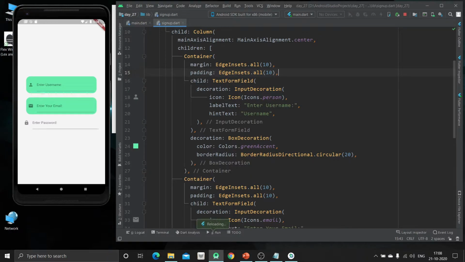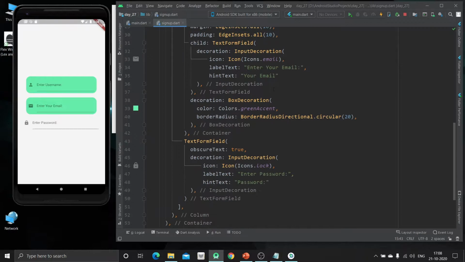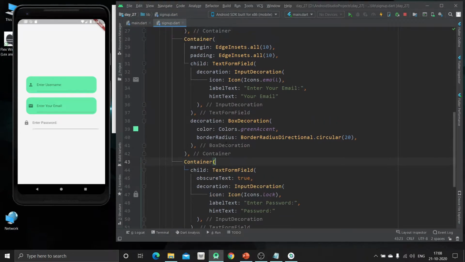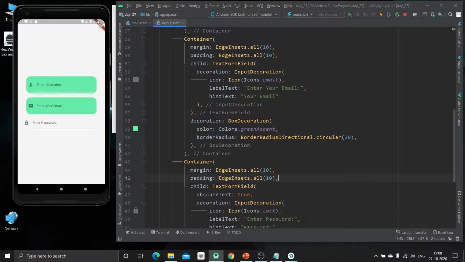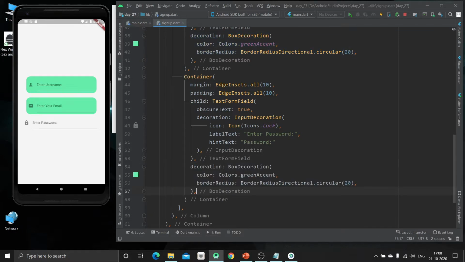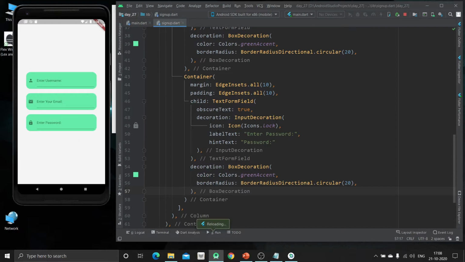So you have to make it a little bit attractive, so that the UI should be good and attractive for the user. We are going to copy this margin and padding, and also going to copy this decoration here. It's good.